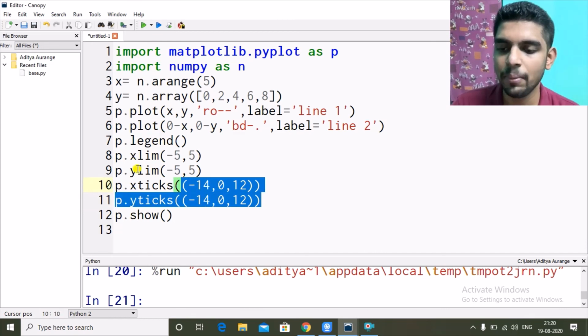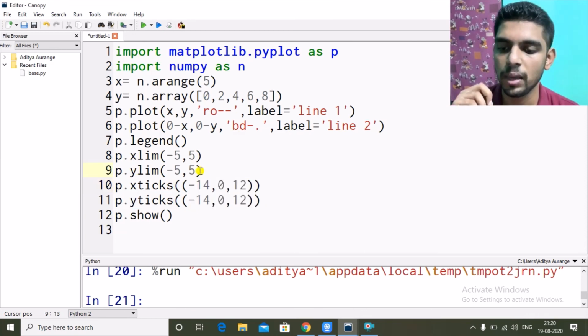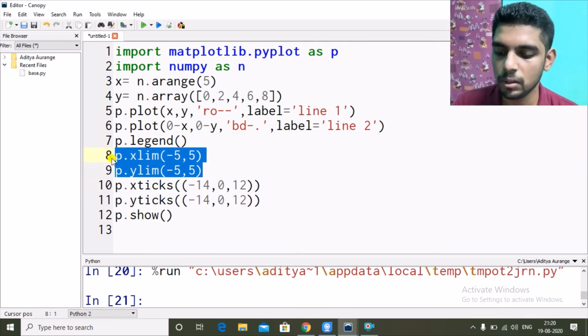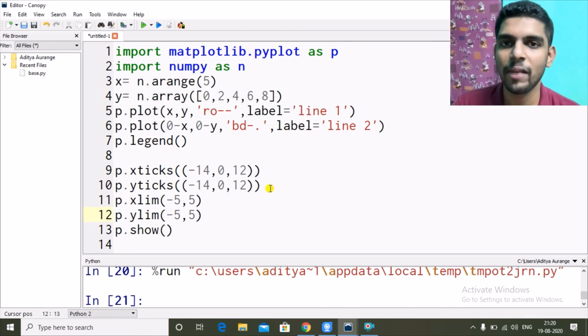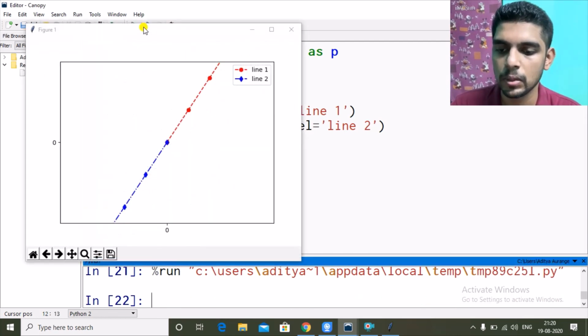But if we give x limit and y limit after the tick values, they will override the tick values. So now if I give this afterwards, the x-ticks and y-ticks increase the graph, then the limit reduced it to -5 till 5. So why are we not seeing any values down here?